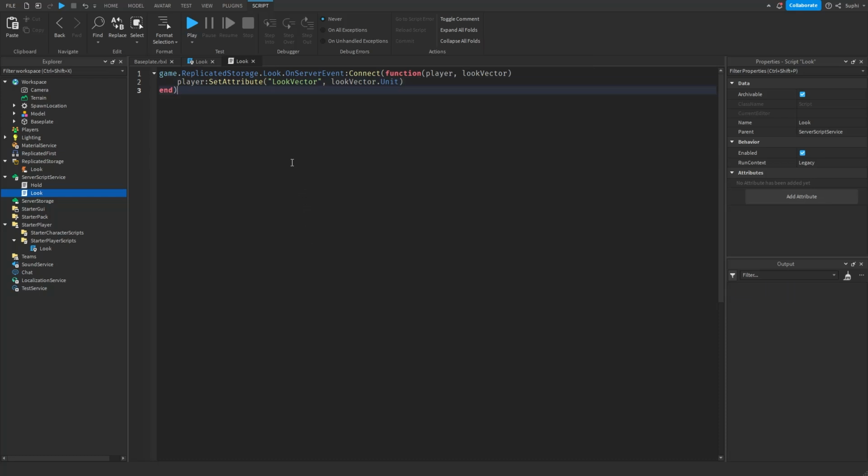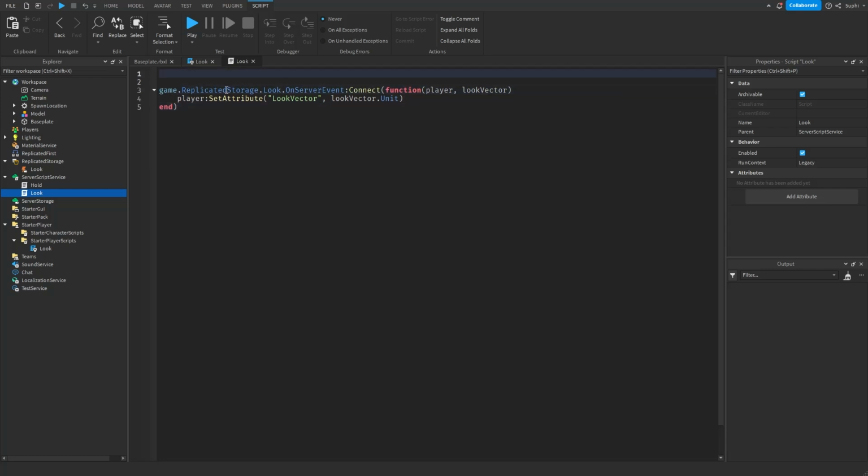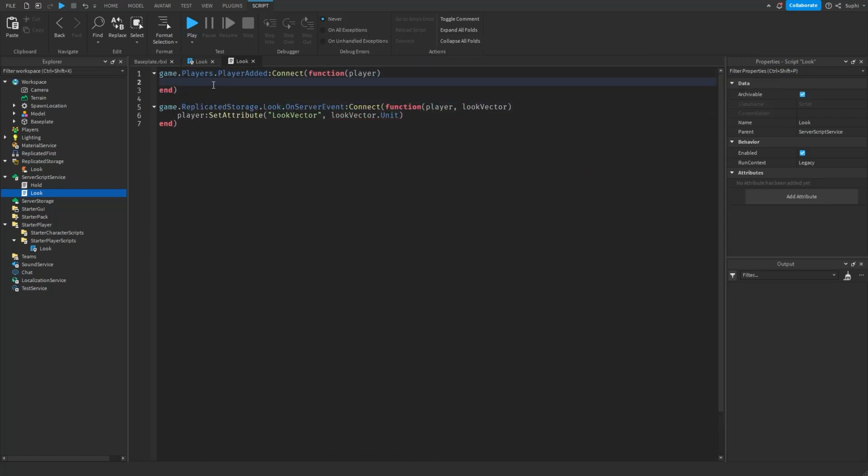Another thing I'm going to do is when the player enters the server, I'm going to set the look vector, and that way we can always rely that there is a look vector set on the player, and we don't have to do extra checks. So I'm going to say game.players player added, and I'm going to connect a function, and to this new player that gets added to the server, I'm going to set the look vector to vector 0. If I now play the game,